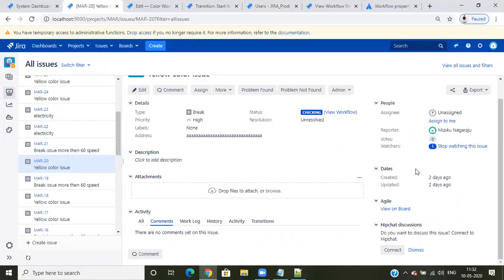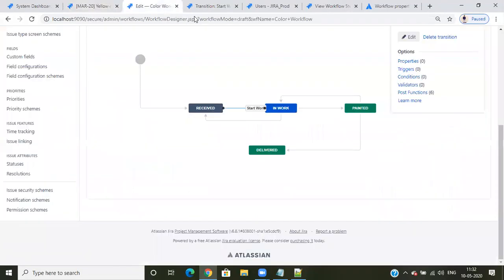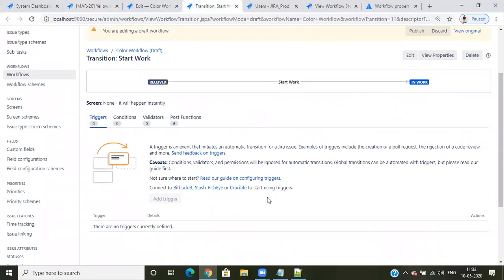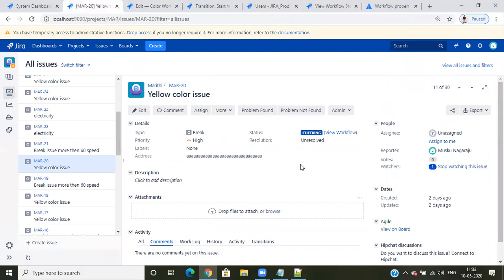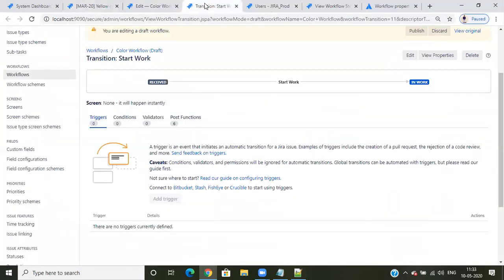In the last class, I'll tell you how to integrate Confluence and get that information here. The repository works the same way. Suppose I push the code there. Without pushing the code, I can't click on delivery or something, right? So when the ticket is in progress, in review, or at the last status, I will push the code to Bitbucket. When I click on this transition, the trigger will be automatically linked with that. So this is the trigger event that initiates an automatic transition in the Jira ticket.